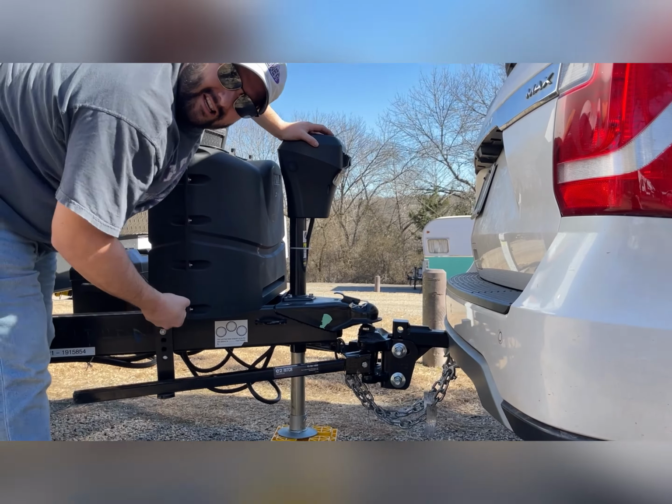It might be a little tough. These are made very stiff. Same thing, lift, slide out. Okay, we can now remove the coupler from the ball that is connected to your car. While we do that,